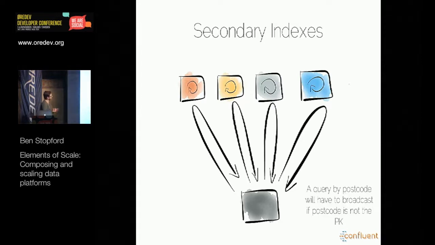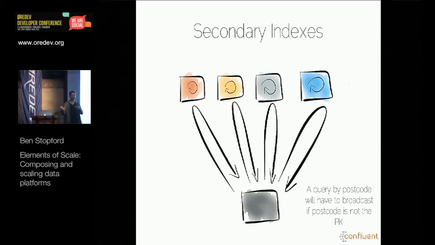One of the interesting things with these patterns is if we look at problems that sit in between those two extremes. A good example of this is secondary indexes. A secondary index is just saying, if I have a key value store, I might store things by my user ID, and I'd quite like to look up values by name. That's quite a common thing to want to do. So to do that, you need some kind of secondary index on name. And there are a few different ways to do this.